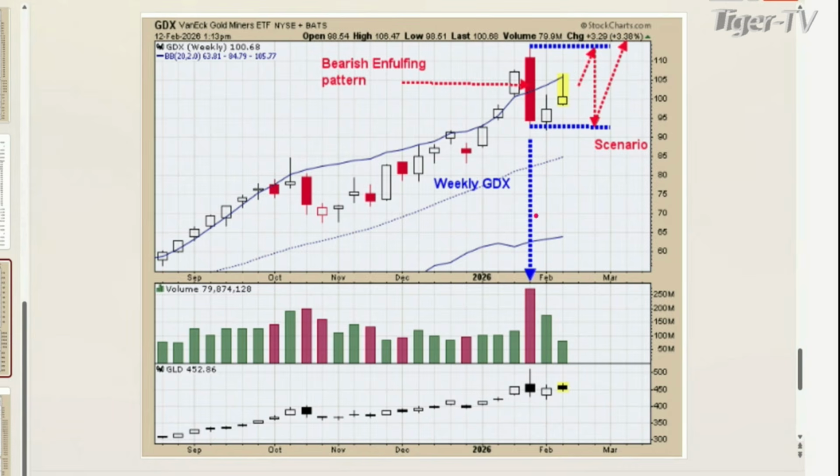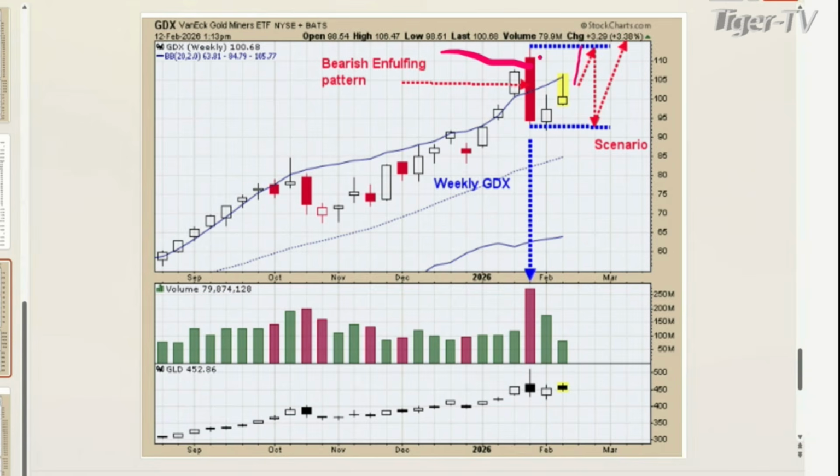The week of, I think it was January 26th, we had a bearish engulfing pattern. That's the candlestick pattern where you gap above a previous candle and you close below it. A lot of times that kind of halts the market. What's probably going to happen, though, is we're going to rally back to the old highs, which was, I think,